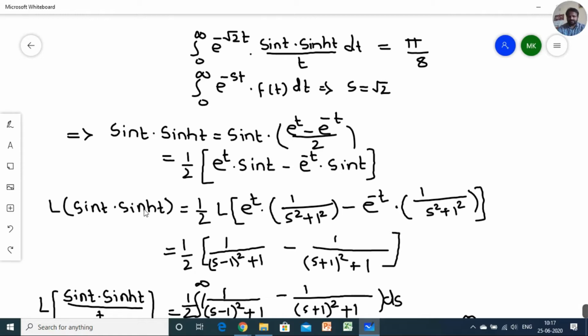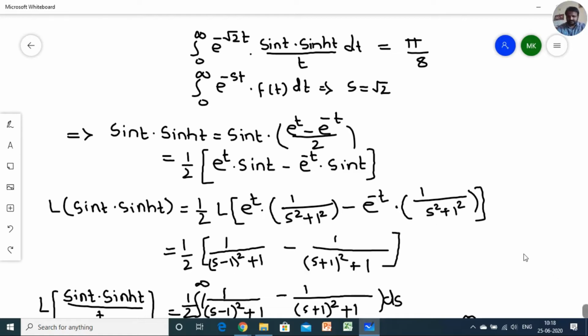Next we have to calculate the Laplace of sine t. So the Laplace of this part I directly calculated here. I kept e raised to t and e raised to minus t as it is. Later on we calculated this part's Laplace also by using the first shifting theorem. The first shifting theorem states that when the exponential's power is positive, you have to apply s minus 1, and when the exponential power is negative, you have to use s plus 1. So a similar concept we did here.